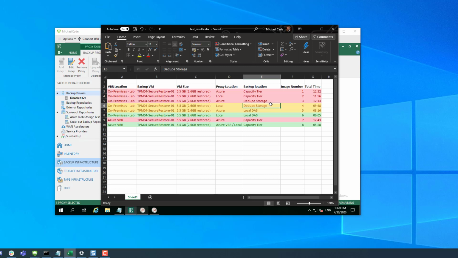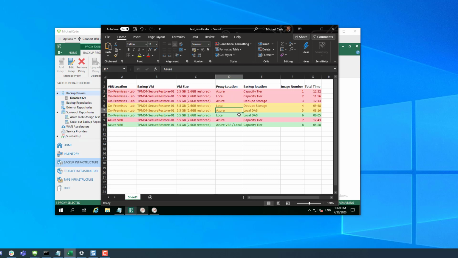So generally speaking, not bad, and we can definitely live with that in terms of getting that restore process in place. And then we get down to using the Azure Proxy again, but with local DAS. So you can start to see that now we're definitely sub 10 minutes using local DAS. But again, we seem to be penalized really because we're using the Azure Proxy on these restore efforts, because actually